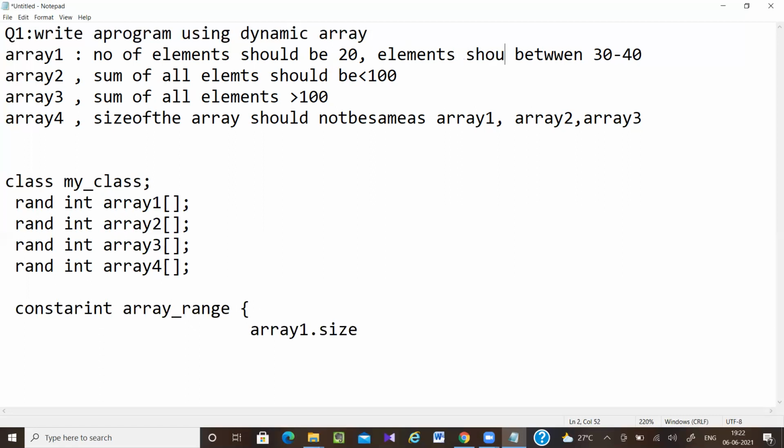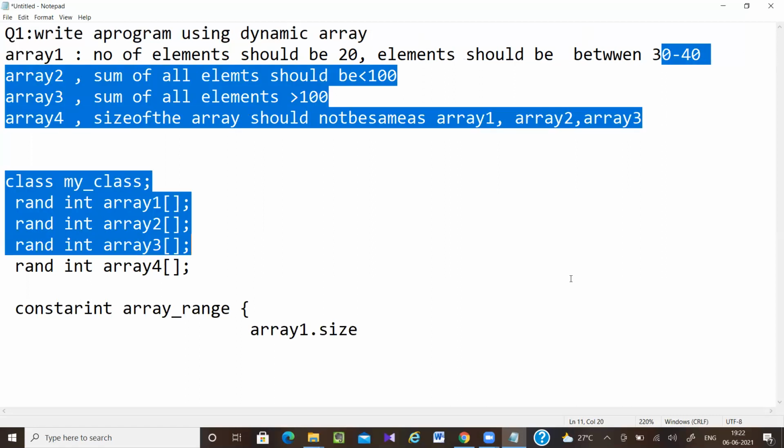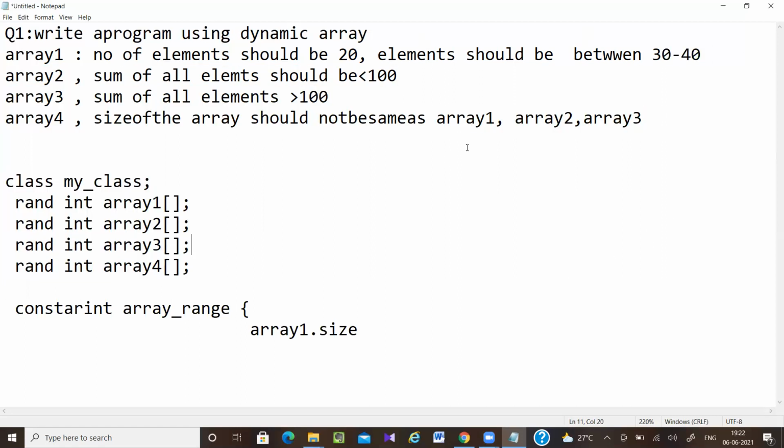Here I have written the size should be 20 or 30 to 40, which I will explain in another class. But if I am writing two constraints, then I have to use the soft keyword. So either it can be 30 to 40 or it can be 20 like this. Here I can write array dot size equal to 20.